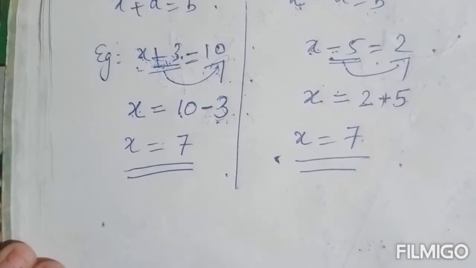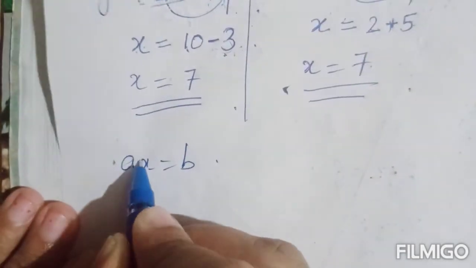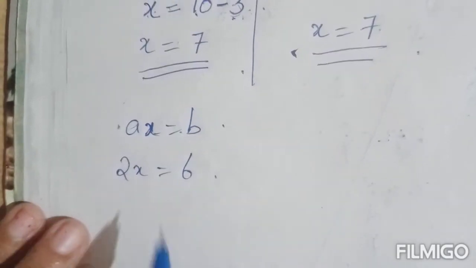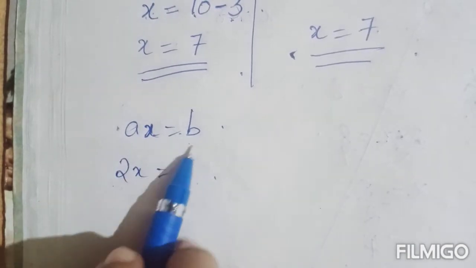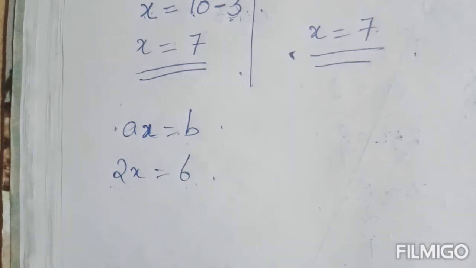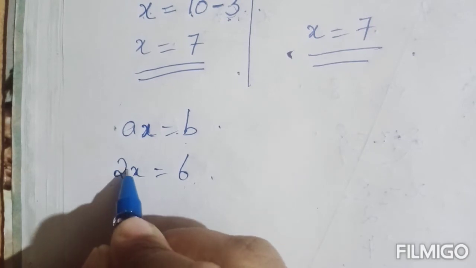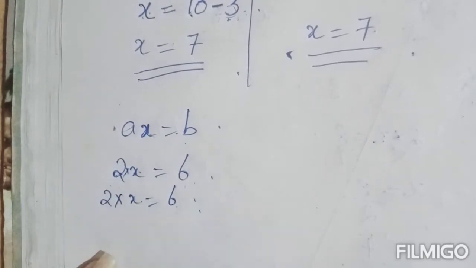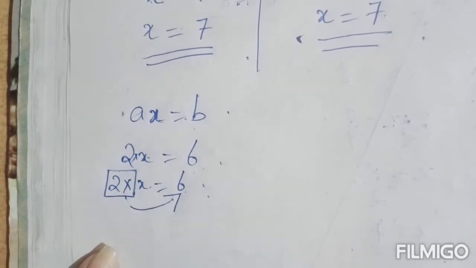Okay, this is the second method. Now the third one is solving an equation of the form ax equal to b, that is multiplication. Let us take an example, 2x equal to 6. How to solve this type of question, ax equal to b, this form of linear equation, using transposition? Here along with the x there is multiplication by 2, that is 2 into x equal to 6. Actually 2x means 2 into x equal to 6. This multiplication 2 we are taking to the other side.